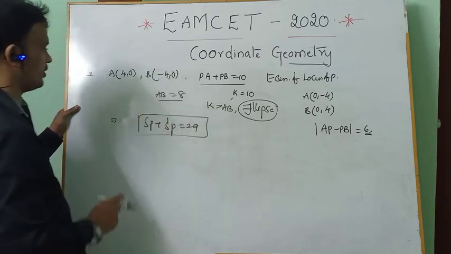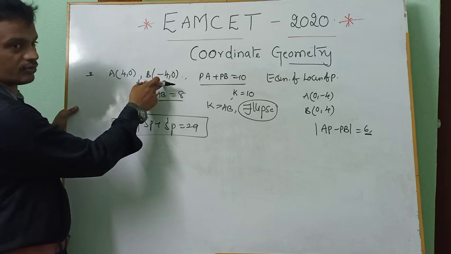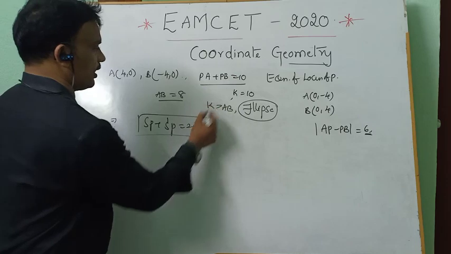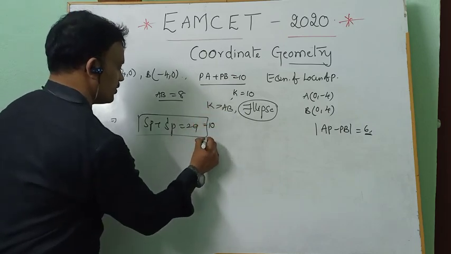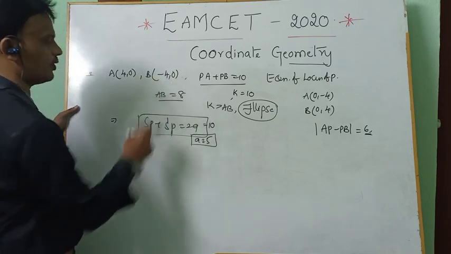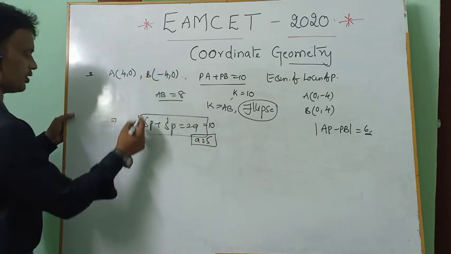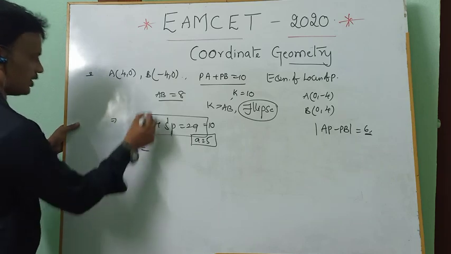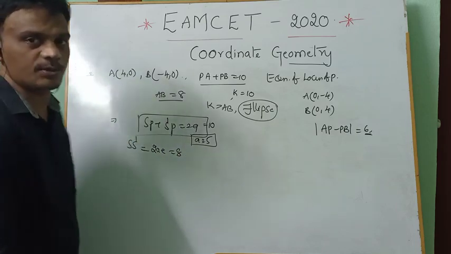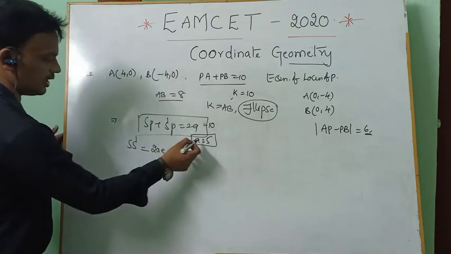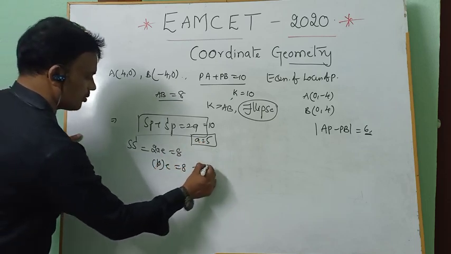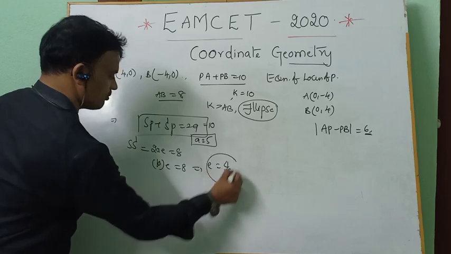A, S and S dash. This is 4, 0 and minus 4, 0, which is the first model. Okay. Yes. And 2A, what is the 2A value? Here they have given 10. That means A is 5. And what are S and S dash? They are the foci, which are 4, 0 and minus 4, 0, and the distance between them is nothing but AB, which is 2AE equals 8. That means the distance between the foci, 2AE, is 8. Given A is already 5, which gives 10E equals 8. That means E is 4 by 5.